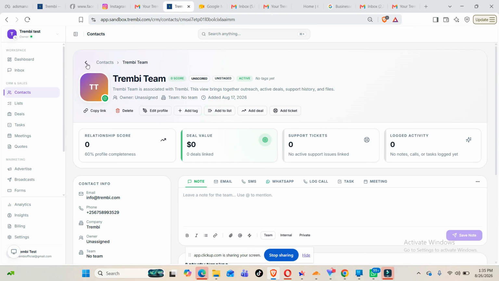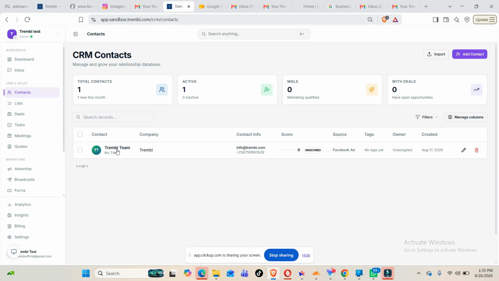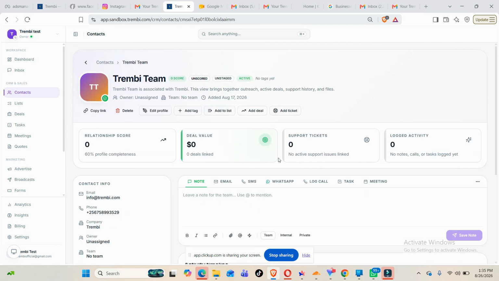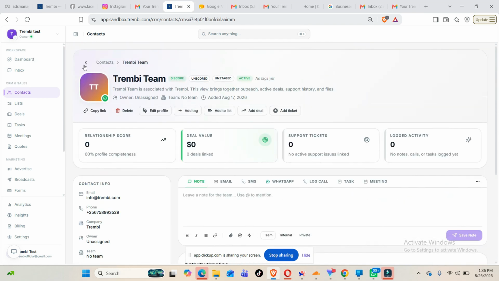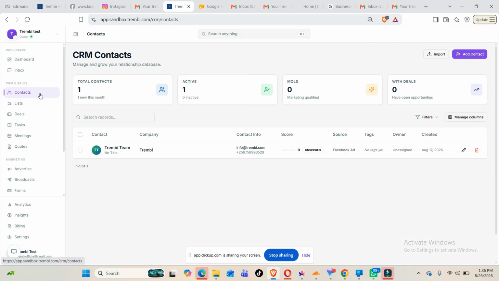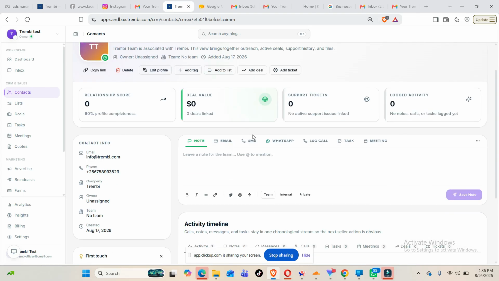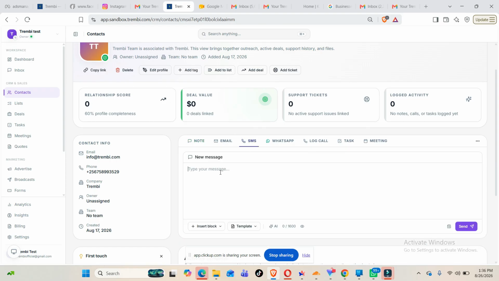Now, once that is done, there are about four main ways that you can send messages out. Number one is in the scenarios where you just want to send a one-off message. As an example, it's someone's happy birthday and you just want to send a message over to them. You could come here into the contact section, then select that given contact, click SMS right here, and type out whatever it is,